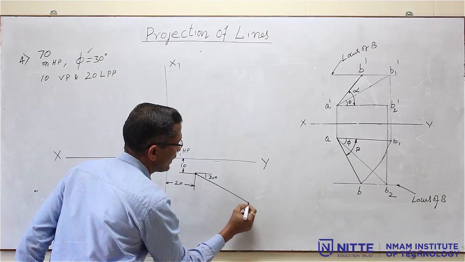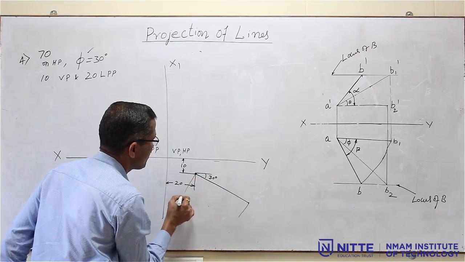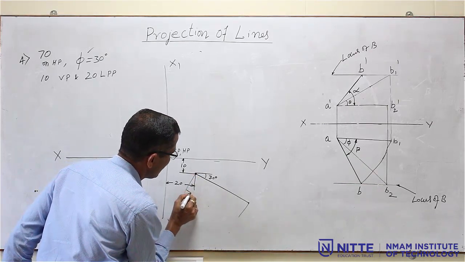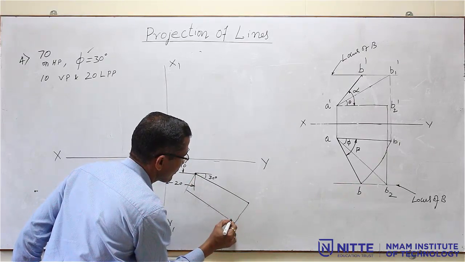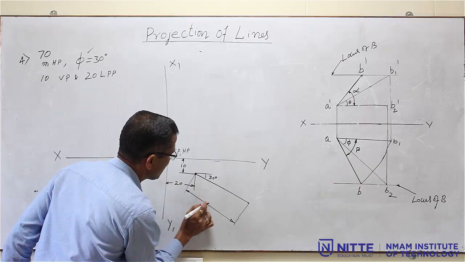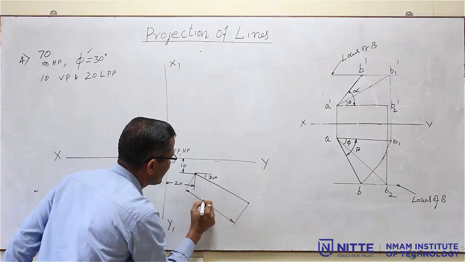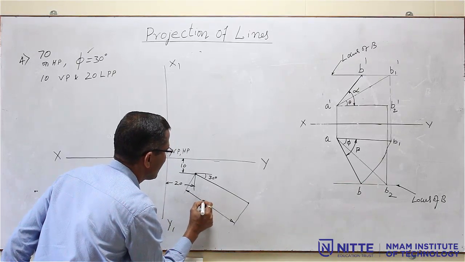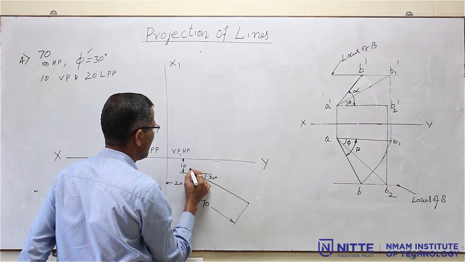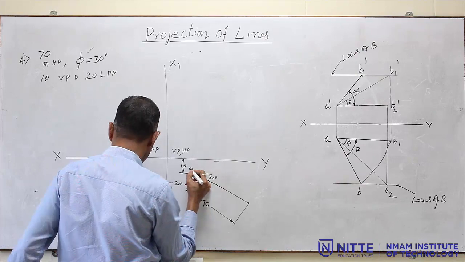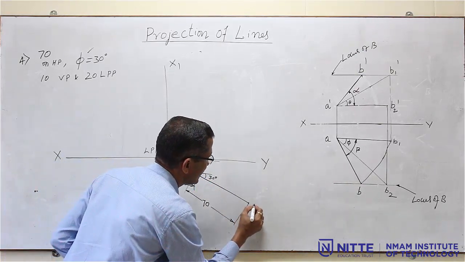For that you have to draw a light line perpendicular to this, like this. From the other end also you have to draw a light line perpendicular to this. Then you have to draw a line parallel to this. After that, make the arrowheads and split at the middle and write the number 70 vertically, not aligned like this, it should be vertical 70. Then you name this. They have not given the name, so I can take any name here. I will take this end as P and this as Q.